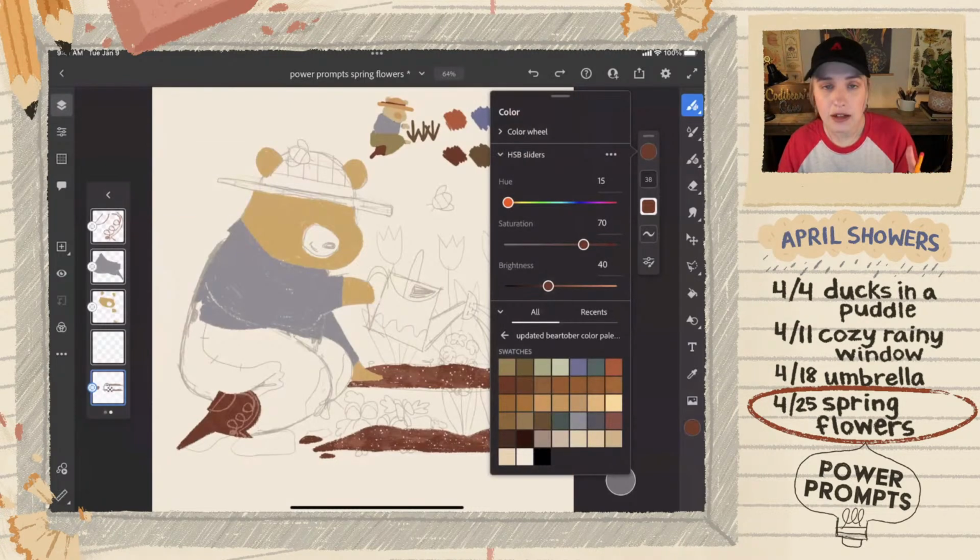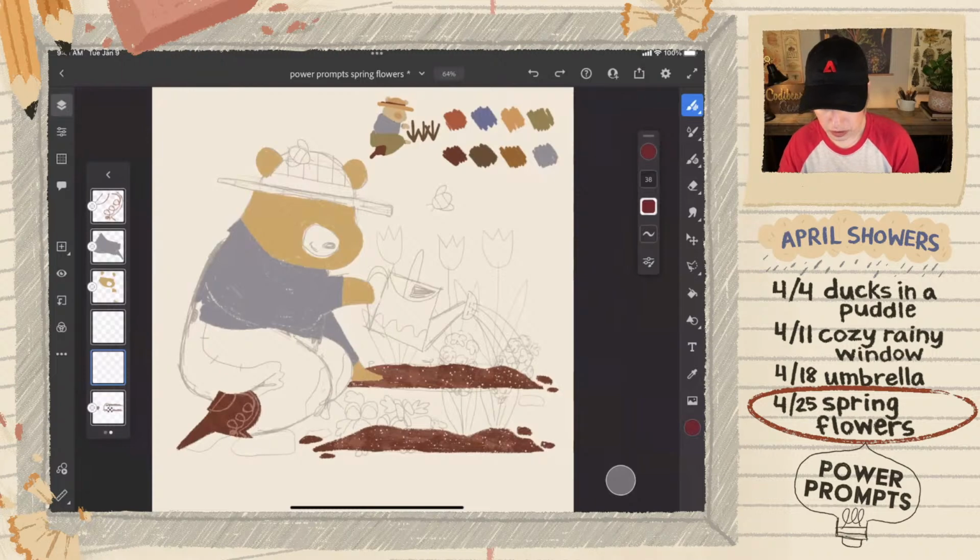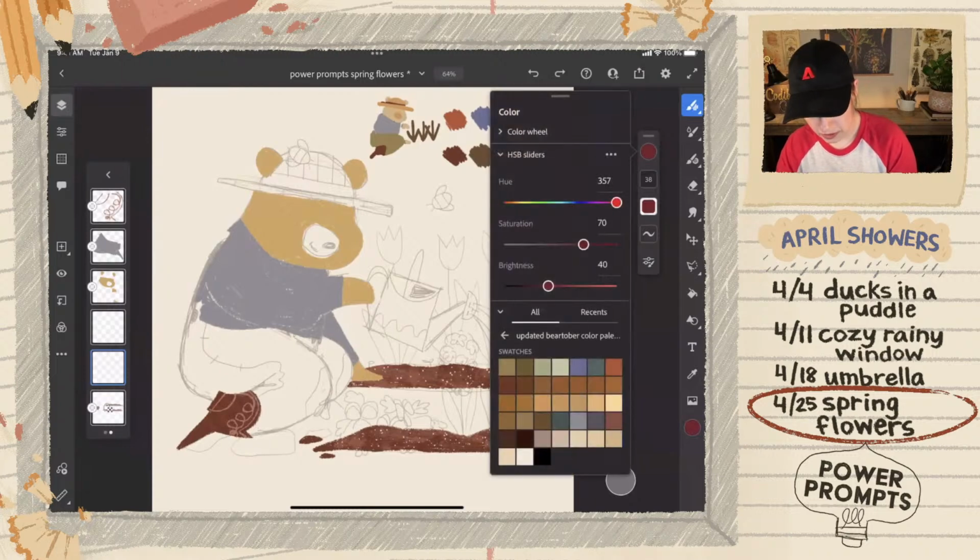But I want it to be a little bit different, but within the same kind of color family, because I want to be able to add a color to this palette. But I'm just going to change the hue a little bit. I might bring it over here, maybe. Let's see what that looks like. Just for like the tulips, and just kind of changing up